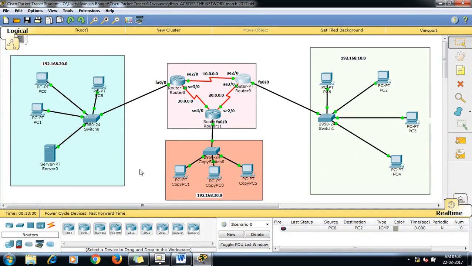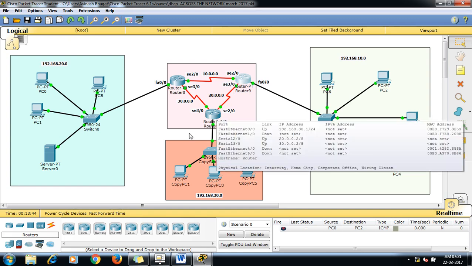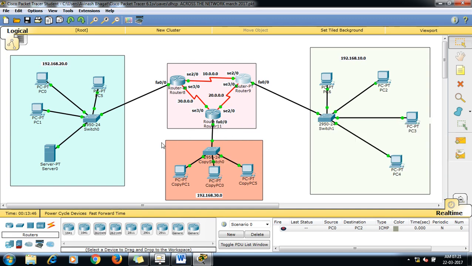In our example, there are network 1, network 2, network 3, and all these three networks are connected through router 1, router 2 and router 3. Now we will be labeling all the ports as well as networks. For example, in this network I will be labeling